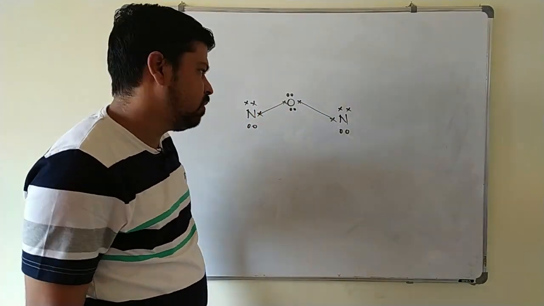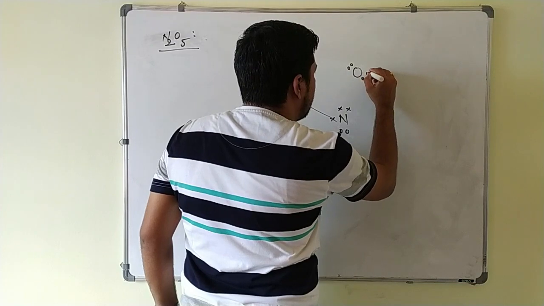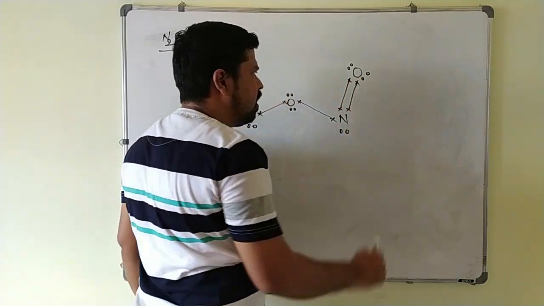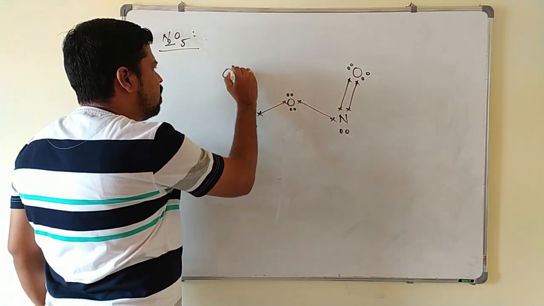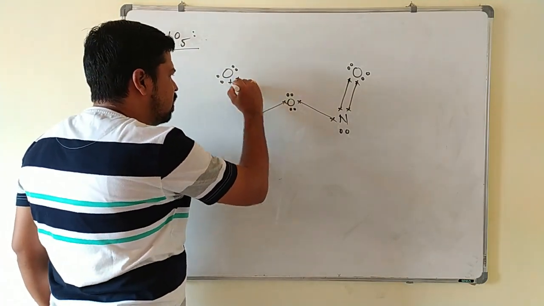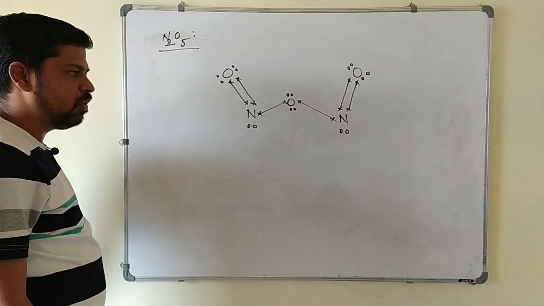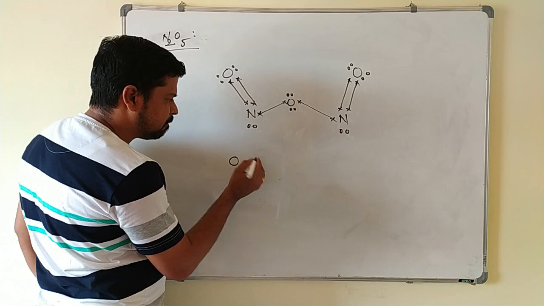Now 1 oxygen is introduced between the 2 nitrogen atoms. Now you add another oxygen here. This oxygen has 2 lone pairs of electrons and 2 unpaired electrons. You can form another double bond between the nitrogen and oxygen. You add another oxygen here, with 2 lone pairs of electrons and 2 unpaired electrons. So here also there is formation of a double bond. Still you have to add 2 oxygens, because 5 oxygens are there. Now you add the remaining oxygen like this.